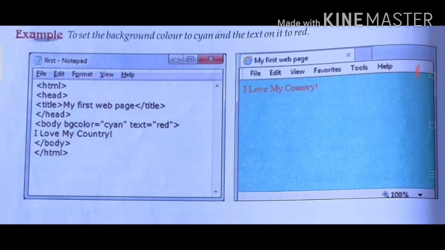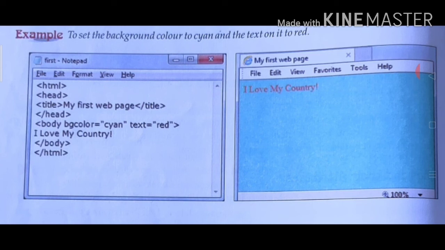Then you use the ending tag of body, and at last you must close with the ending HTML tag. Here you can see the difference between the beginning tag and the ending tag: the beginning tag is without a forward slash and the ending tag is written with a forward slash.